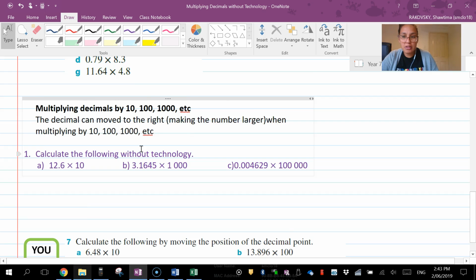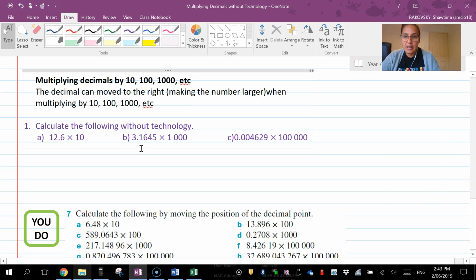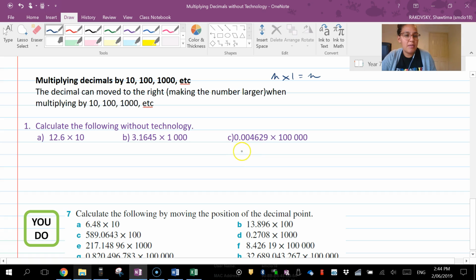Alright, in this part we're going to look at multiplying decimals by 10, 100, 1000. We know that if you multiply any number by 1, it's always going to give you that number. Anytime you multiply a number by anything with a base 10, have a look at the number of zeros in the number, and that's how many places you move your decimal. With the 10, I move my decimal place, and it's always to the right because you're making the number larger. So if we're going by 10, I move my decimal place here. My answer then becomes